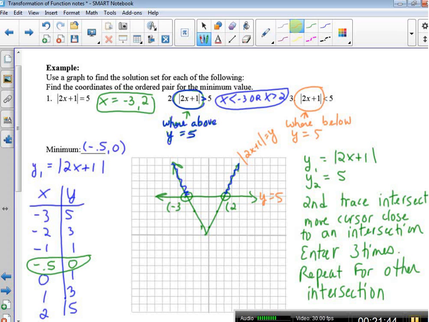So where is it below? Right here. This is where it's below the line y equals 5. You see how that's connected? So that answer, using the intersections, is -3 is less than x is less than 2. We've already solved this algebraically. Now we